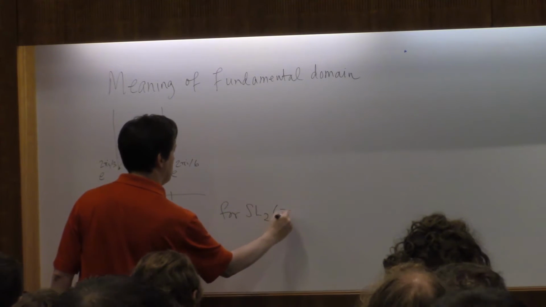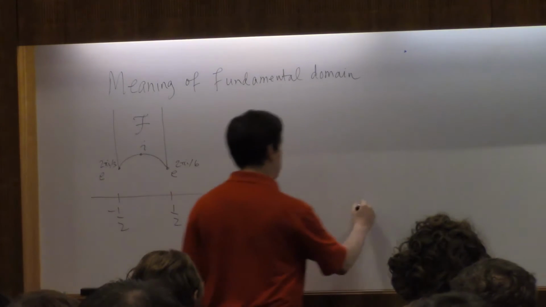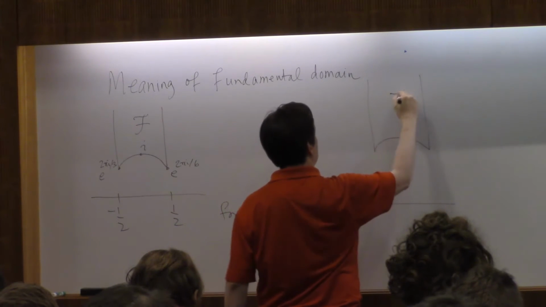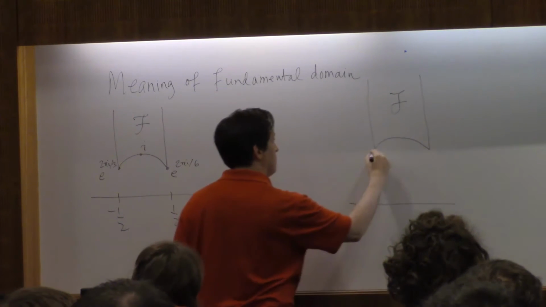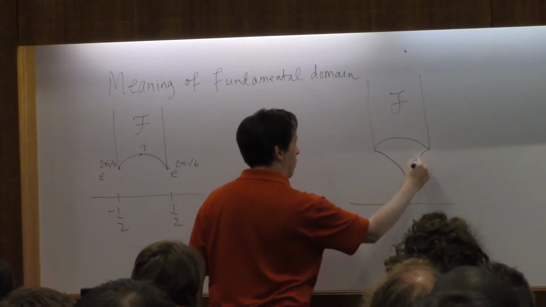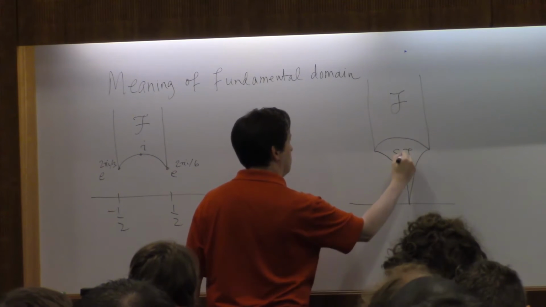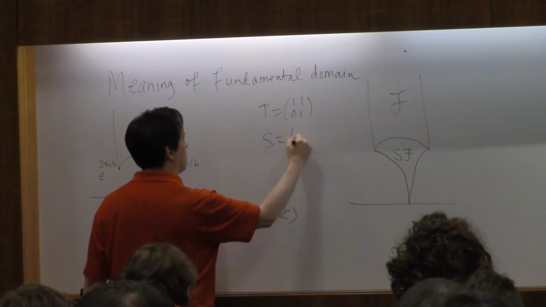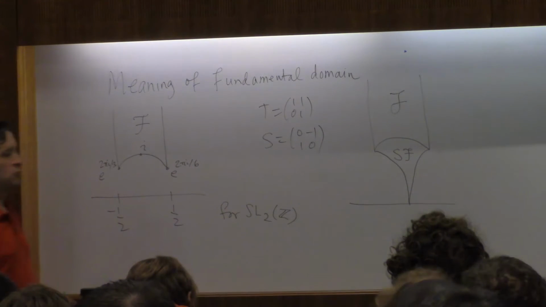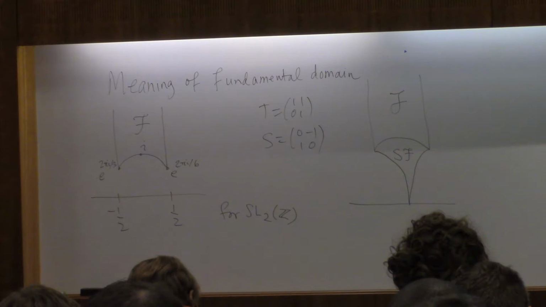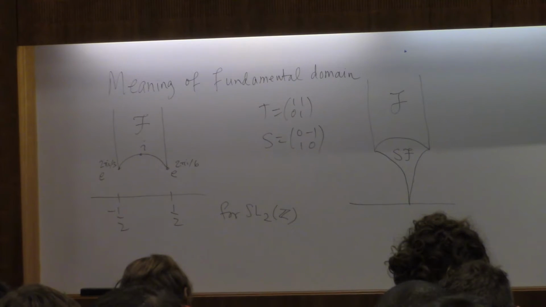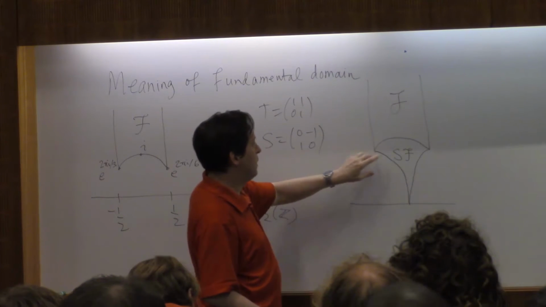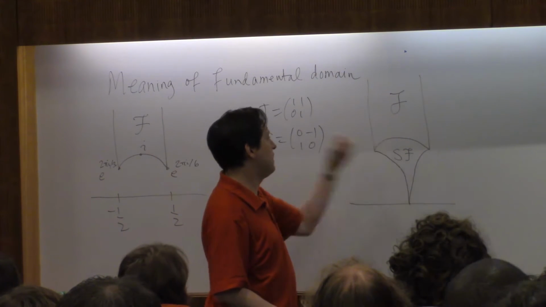for SL2Z, and I had said also that if you take this region, which goes infinitely far up, and you flip it over using the matrix S, where T is (1,1,0,1), with the effect of tau goes to tau plus 1, and S is (0,-1,1,0), tau goes to minus 1 over tau, so outside the unit circle goes inside the unit circle, well, the Euclidean unit semicircle. And so infinity goes to 0, and these points get flipped, and in any case, this whole region comes to this whole region,